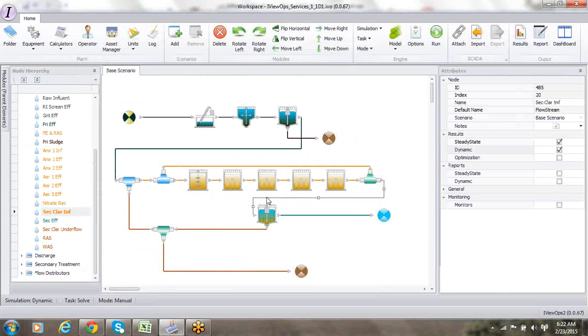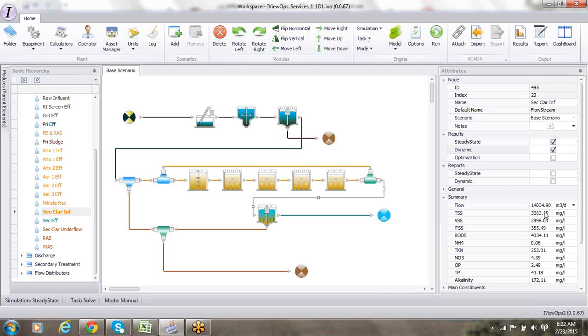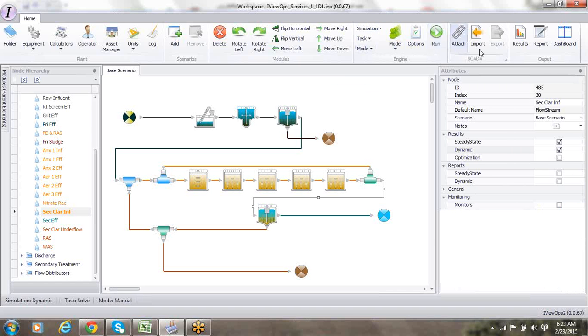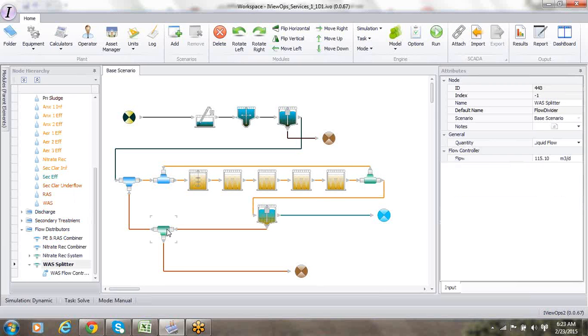Now you won't be able to see the mixed liquor here, but you could go to the results and see it, or you could switch back to steady state. If I click on the line, if I go back to steady state, it'll give me the steady state mixed liquor of 3300. If I wanted to see the mixed liquor here, I would have to go back to results, which we will do. But before we go there, the one last controller we said we would try is this